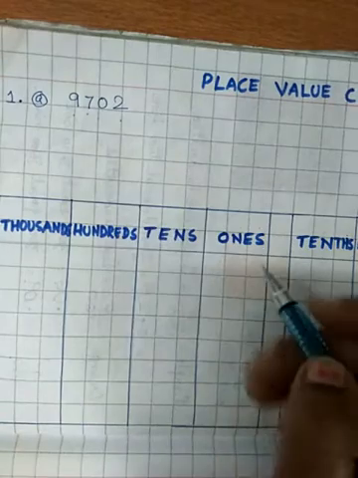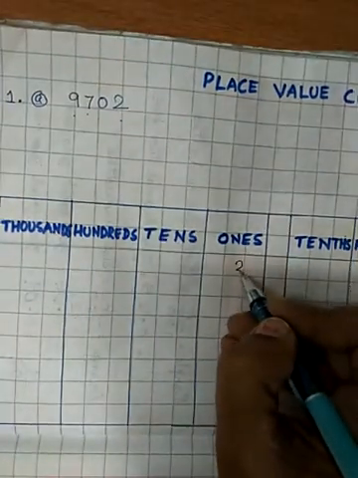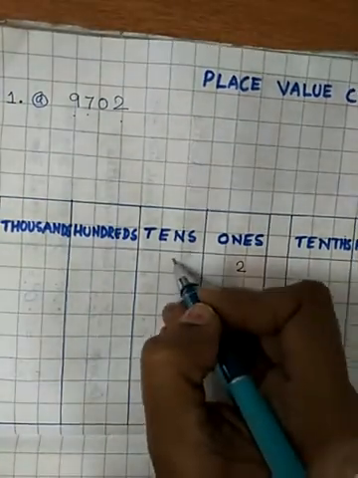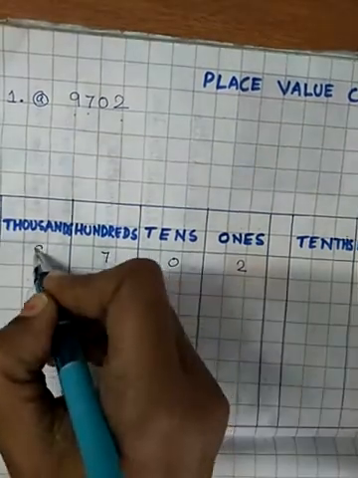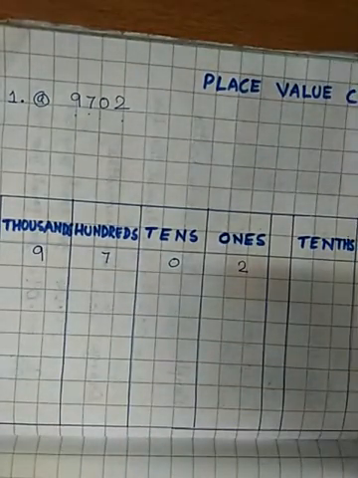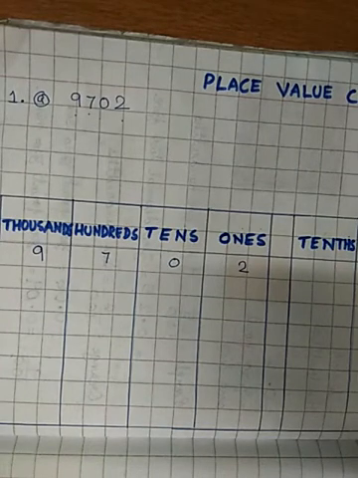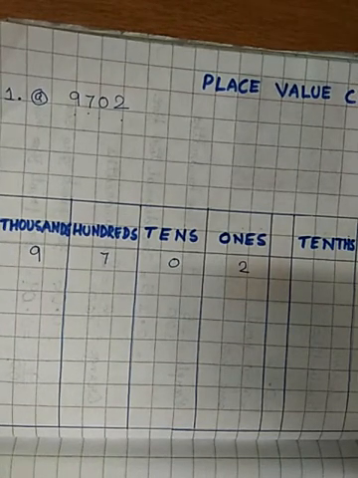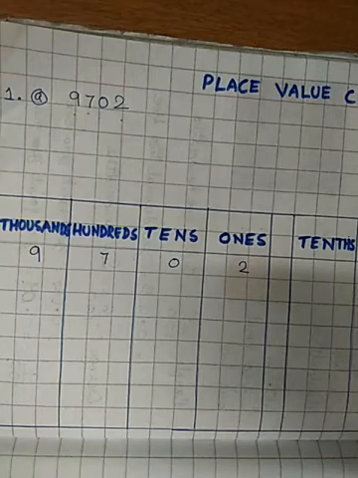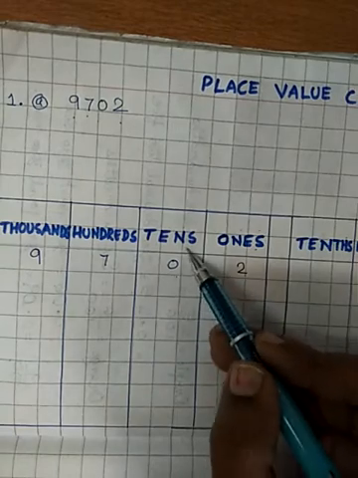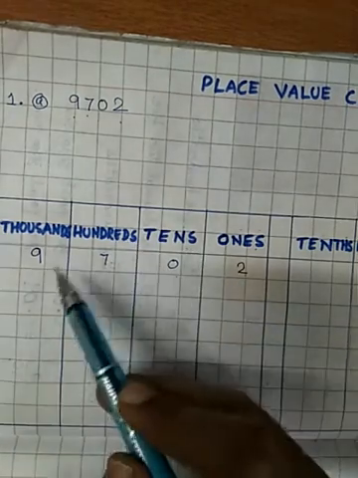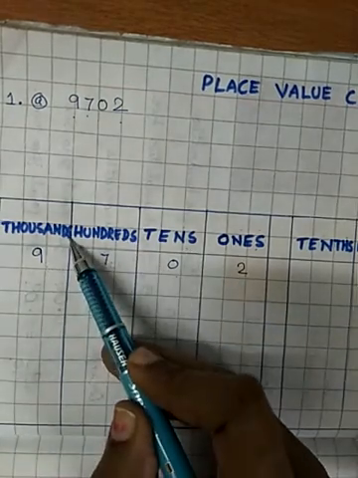So I'll start with 2. So this is the ones digit, the tens digit, the hundreds digit and the thousands digit. Okay, this part you have already studied till class 4. Even in class 5, the first lesson, you have studied the place value chart. For the ones, 2 has the ones place, 0 has the tens place, 7 has the hundreds place and 9 has the thousands place.